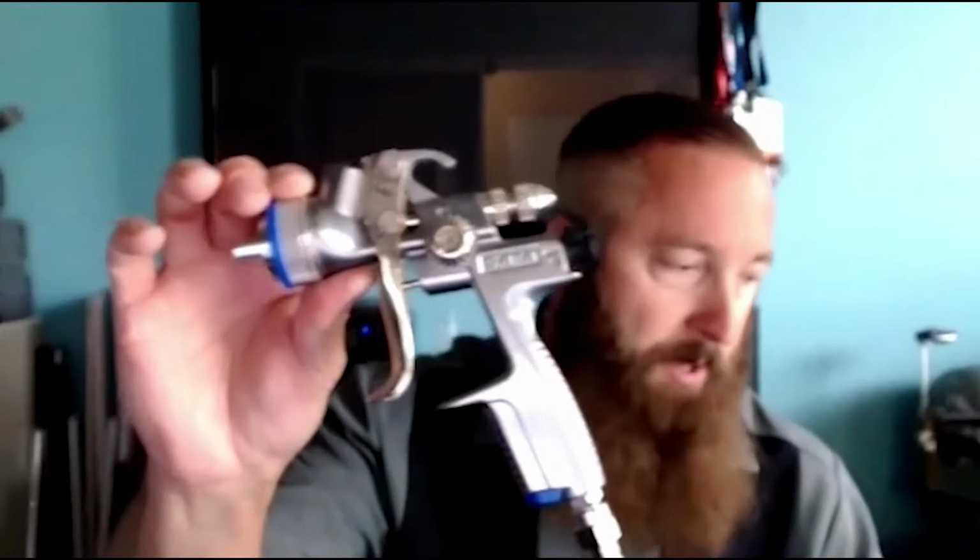In the primer gun, the Jet 100, this is primarily focused on the automotive industry. So it does go up to, I want to say this goes all the way up to a 2.0 in the RP and a 2.1 in HVLP. So both of our guns, the 100 series as well as the 1000 series, both come in HVLP, which stands for high volume, low pressure, or RP, which in our world is reduced pressure, reduced from old conventional style guns, where those took 55 or 65 PSI inlet pressure to get your atomization. All of our guns are approved at 29 PSI as the maximum inlet pressure,